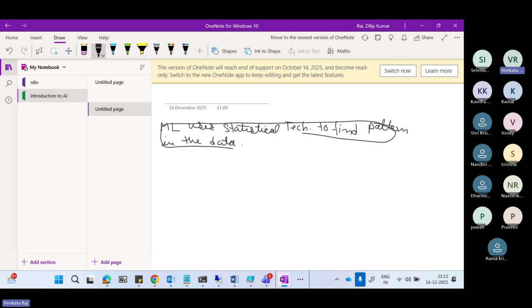It takes the input and the output, both data, and it tries to get a relationship between the input and the output. Once it understands the relationship between the input and output, whenever new data comes in, based on that relationship, it tries to predict the output. So this is what machine learning is right now. Any doubt from anyone with respect to machine learning, whatever we have discussed so far?